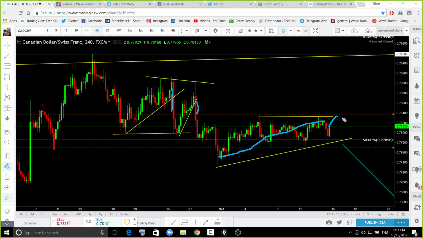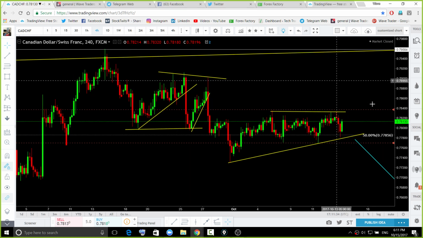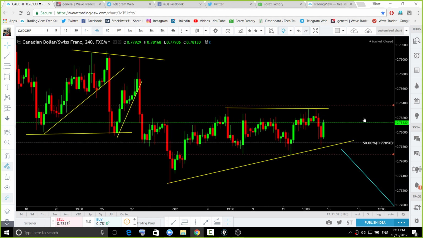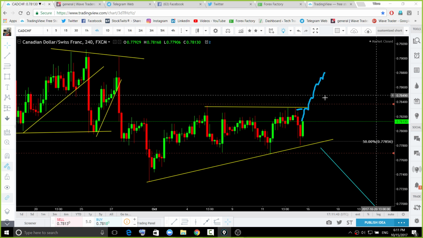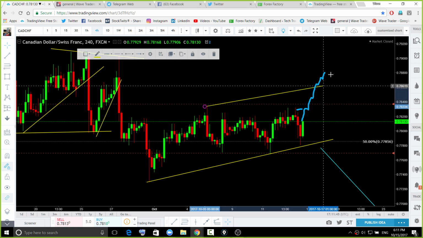Yeah, so now we are anticipating this formation to break down aggressively. So keep an eye at this top, the 7840 area, and you need to search for this aggressive breakout to the downside, because of the chief. If price does not stop at this area and start to rise, then this pair will still be bearish.